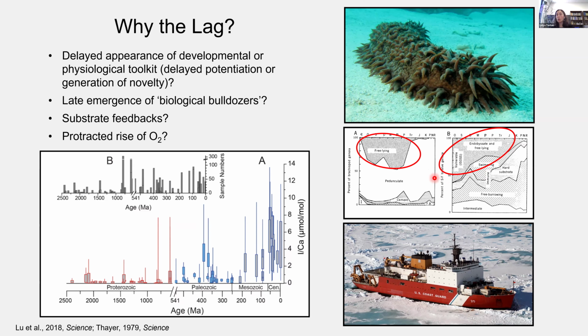So our mobile deposit feeding animals that today include a number of different types of bioturbators, from holothurians to echinoids to a number of crustacean groups, and which are particularly impactful bioturbators because in many cases they're large, they're also continually on the move, and they're deposit feeding. So not only physically, but they're also chemically processing sediments as they move.